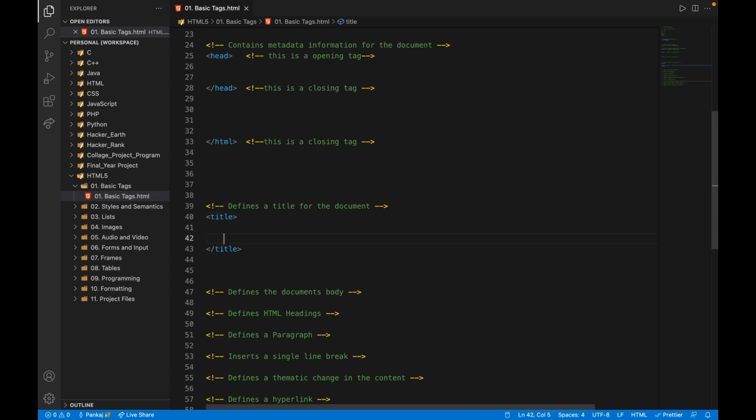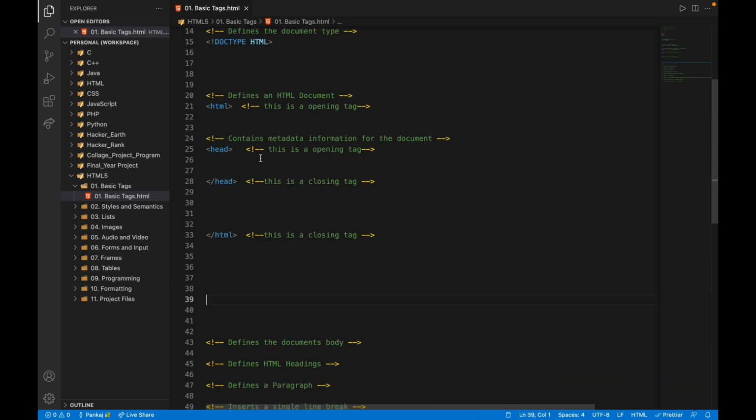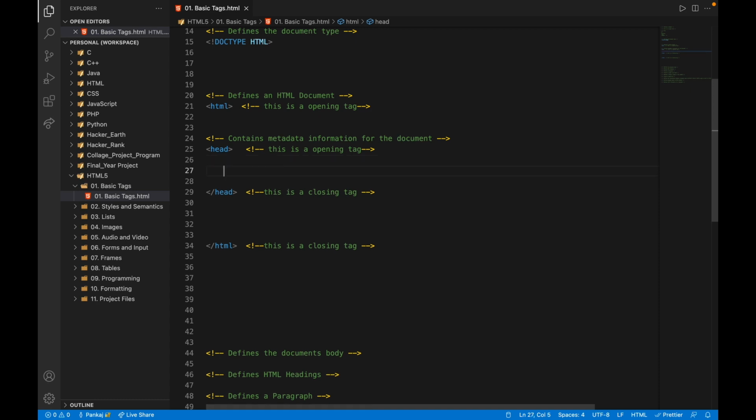The very first thing is that the title tag comes with a pair, one opening and the other closing tag. I'm copying the code from here and pasting it here, closing, copy, and I paste it here. So the title tag contains the information about the title of a document. The correct way to define this title tag is inside your head tag. You just press Command X and go to the head tag and paste your code there.